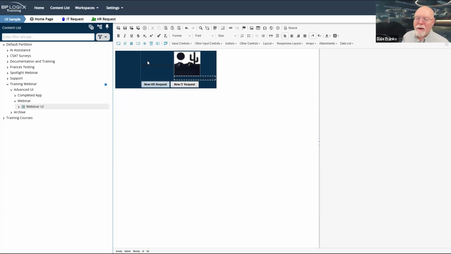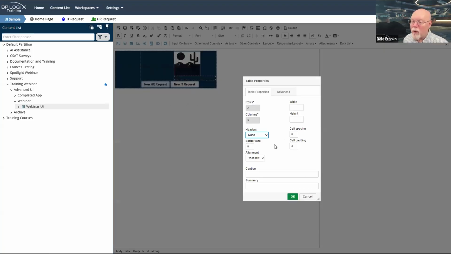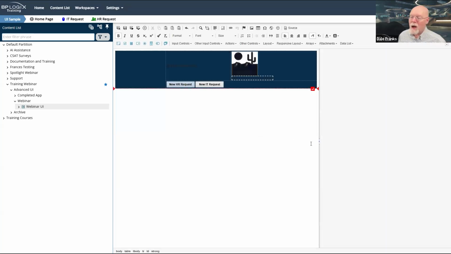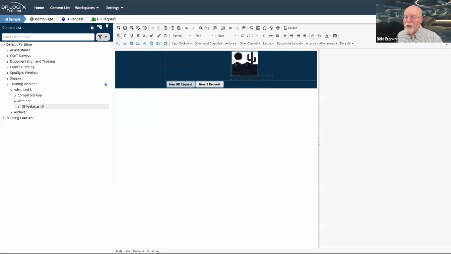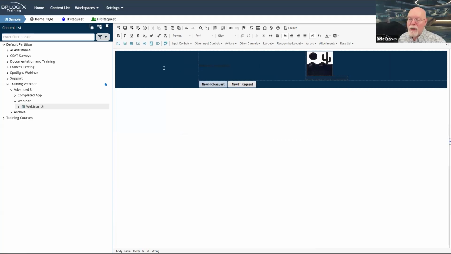There we go. And for the table itself, for our table properties, we want to set the width as 100%. Oops, that's not a percent sign. That is. Okay, so now my table is just going to automatically expand to whatever size it needs to be to fit the viewport. This column here is automatically going to expand to 25% of my viewport width.